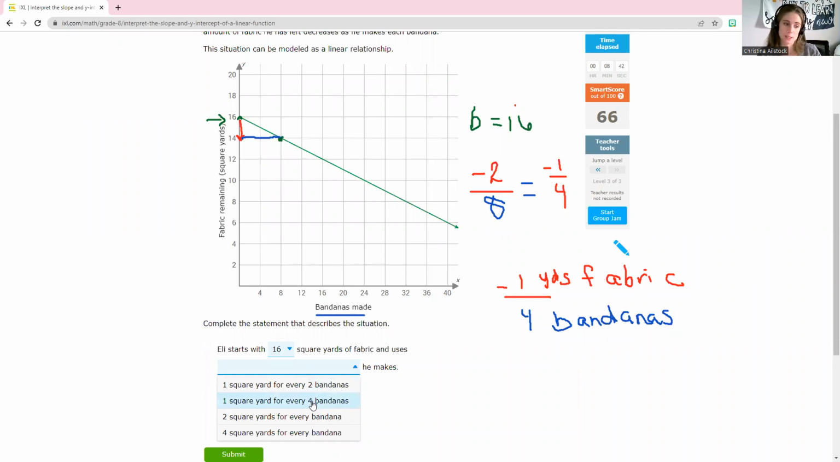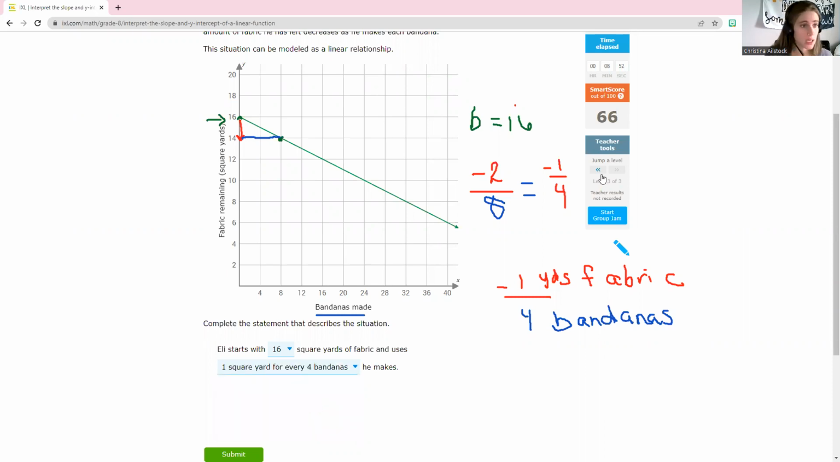for every 4 bandanas. Now hold up, there's not a negative sign there, but I got a negative in my answer. How does that work? Well, the negative is represented by this word right here. He's using it, which means if he's using that 1 yard of fabric, it is going away from what he started with. So sometimes our negatives in problems like this can be addressed in word form. So Eli starts with 16 square yards of fabric and he uses 1 square yard for every 4 bandanas that